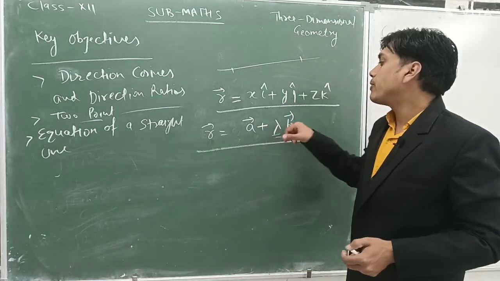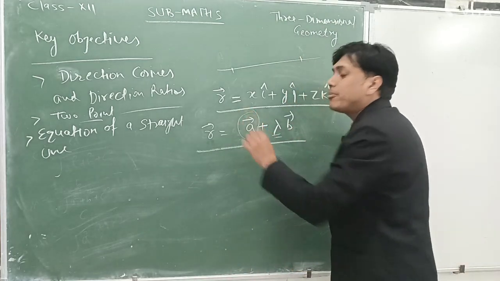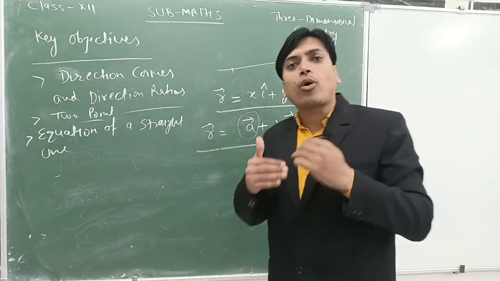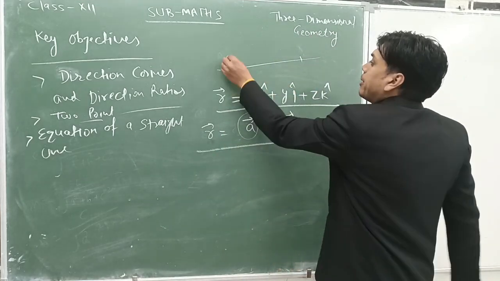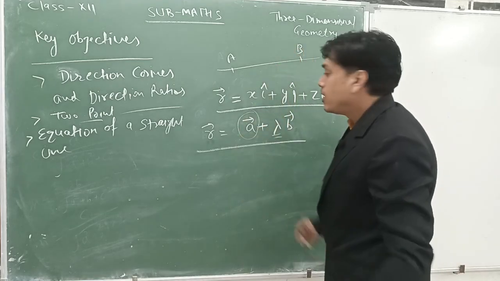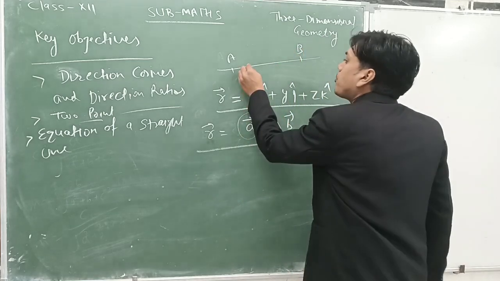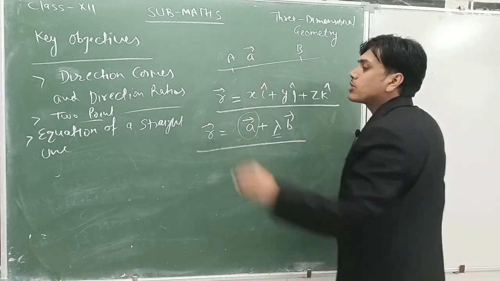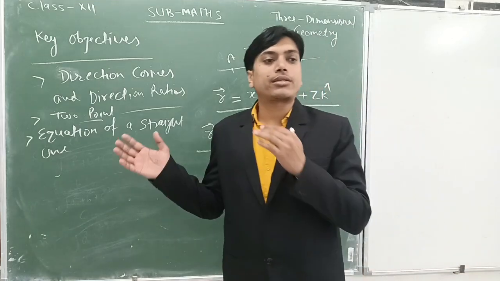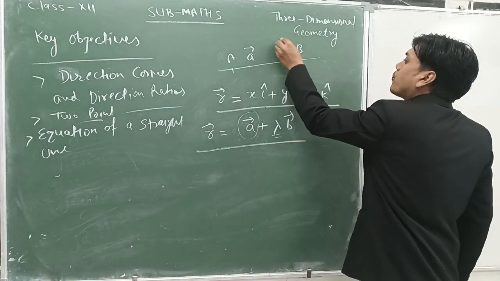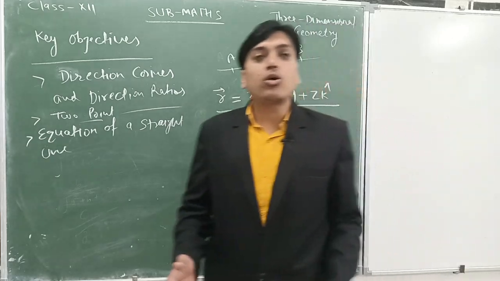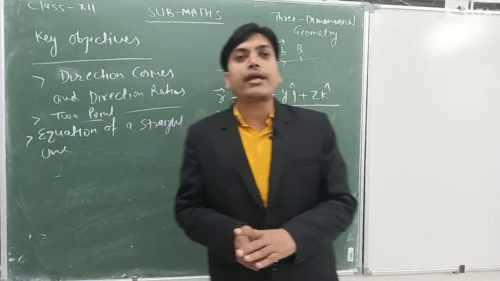Vector a can be defined as any point on the given line AB. If vector A is the position vector of any point on the line, it can be written as vector A. Similarly, vector B is the direction vector of line AB,